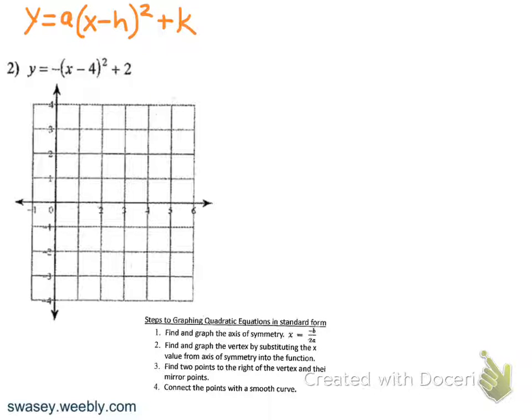Alright, so here we're graphing. It's a quadratic equation. Happens to be in vertex form. Notice the parentheses there. So when we look at this equation, we see that a is -1,